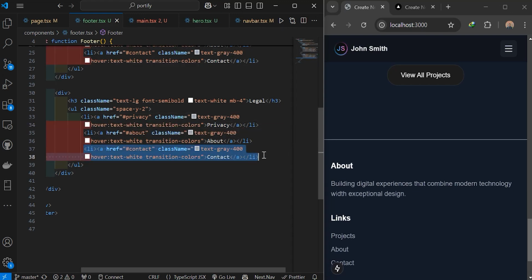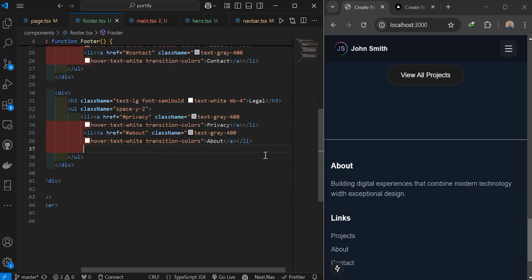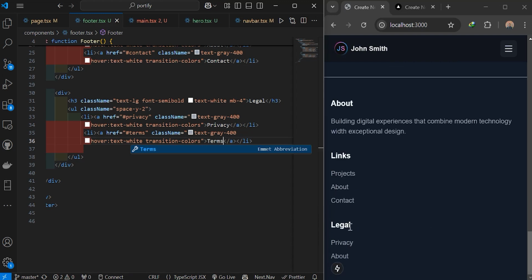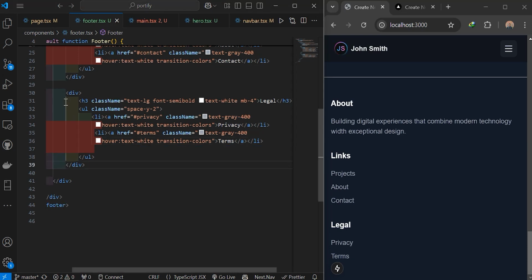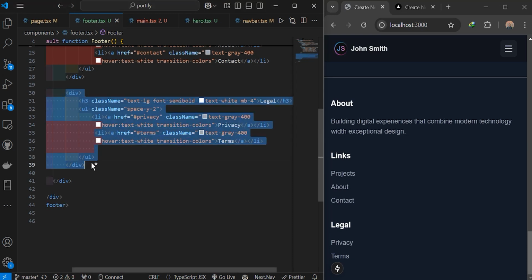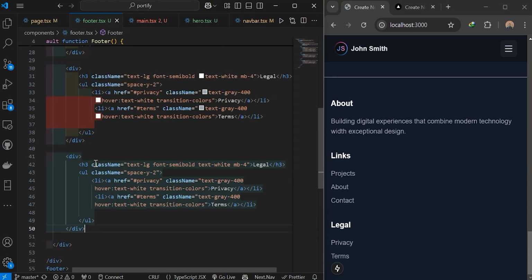And remove this one because we are going to use only 2 links here, and then change this one to terms, and also instead of about, specify here terms, like this. Now you can see here legal, privacy, and terms. Now again copy all this div, and then below this paste again, and this time change this legal to